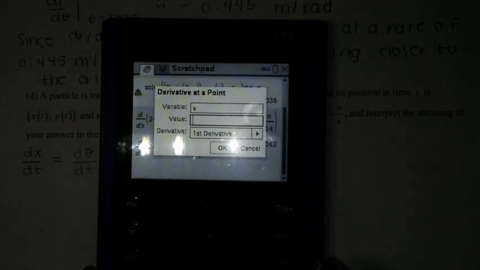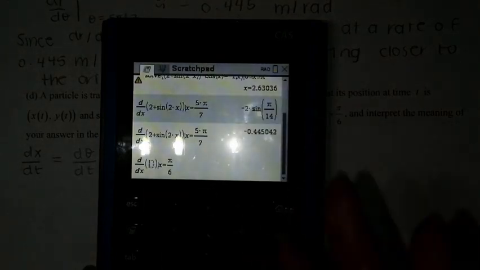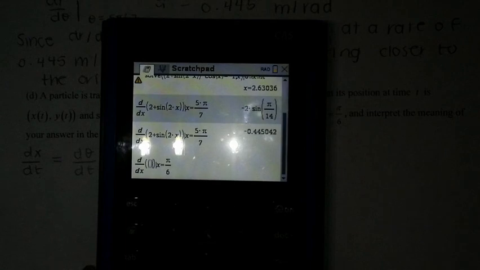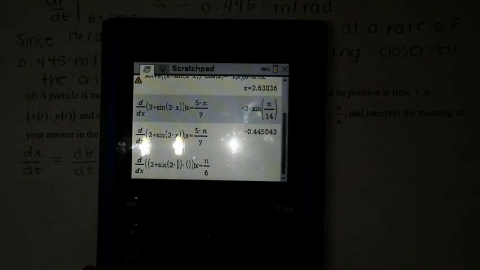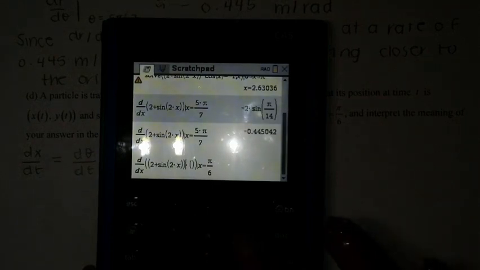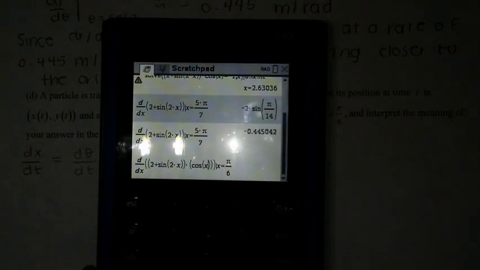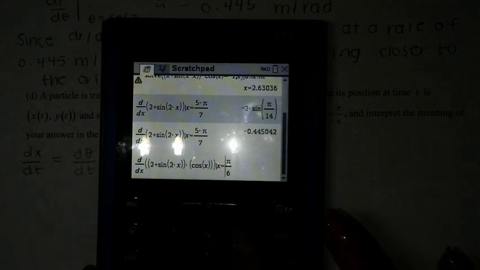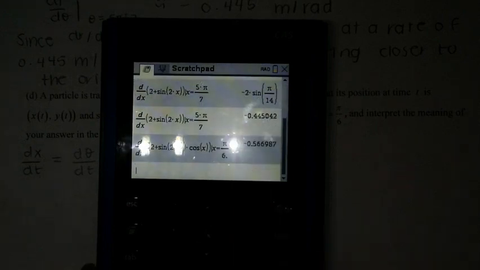Here the value is going to be π/6. Here you are going to put two parentheses: first you have your 2 plus sine of 2x, and then here it was cosine of x, right? Let's say that you want it in decimal form, so I'm just going to put a dot there so it gives me the decimal. So this is going to be equal to negative